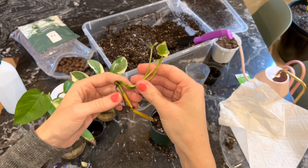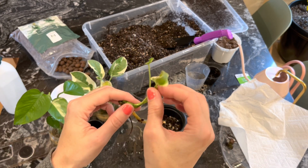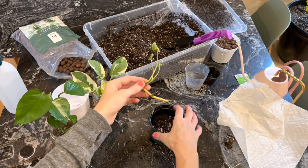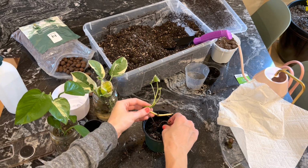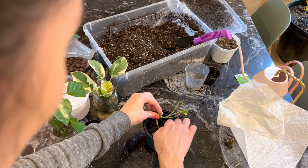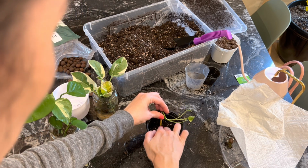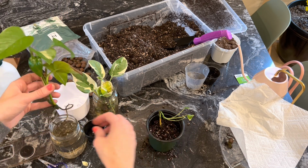And I think I'm gonna put it into soil, just a better soil now, because it doesn't seem to be liking the water. And I'll put some Thrive in here. Okay, so we have this one. I'm really just doing my best and guessing here, guys. I'm gonna add some more soil, but I just wanna get this one in here for a minute so we can check the next. These were planted together and I know I don't have to replant them together, but